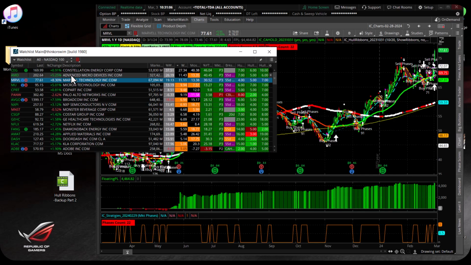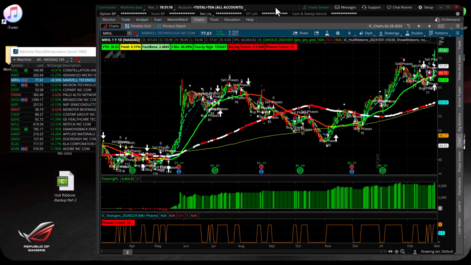So for Marvell, the beginning of the year was not a good time. We got in and out, and you see this situation down here where we were getting whipsawed in and out of the stock. You can see it's kind of flat, and we didn't have really a good trend. So if you just blindly say white dot, red dot, white dot, red dot, this is the kind of result that you might get. You have to add a little bit of logic to it,